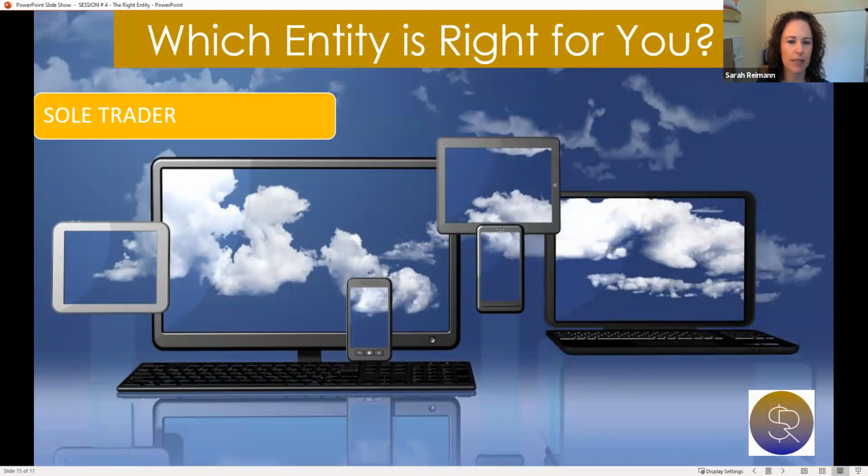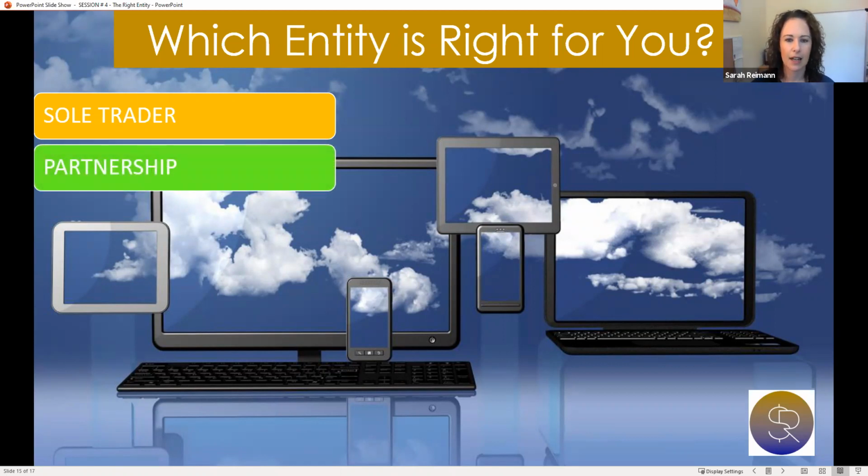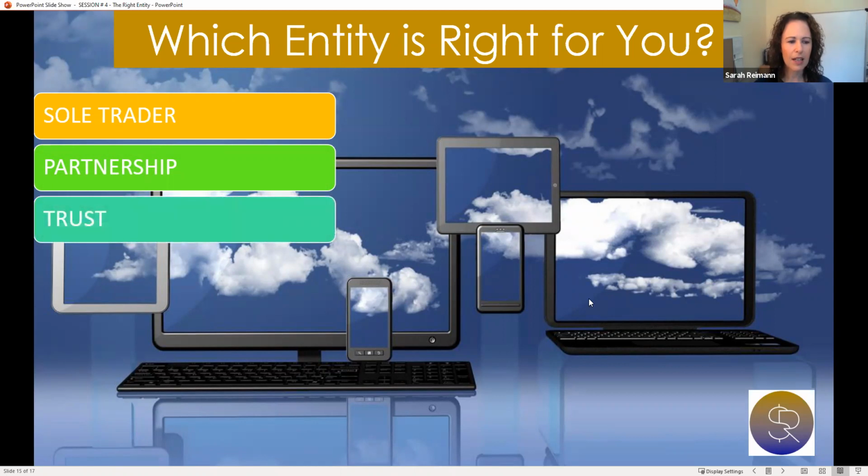If you're just starting out in business, or you've only a couple of years in, and your income and profits are fairly low, then a sole trader is, again, the easiest thing to set up. It is the easiest thing to understand for most people, and that would be the way to go, and that's the lowest cost. Partnership is only if you want to get another person involved, or it could be a spousal situation where partners go into business together, or it could be even friends. Two friends might go into business and buy a cafe, for example, and then you would set that up in the beginning. As your business grows, you need to grow and expand with it.